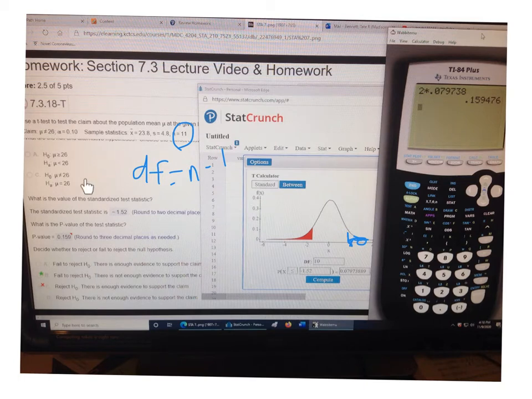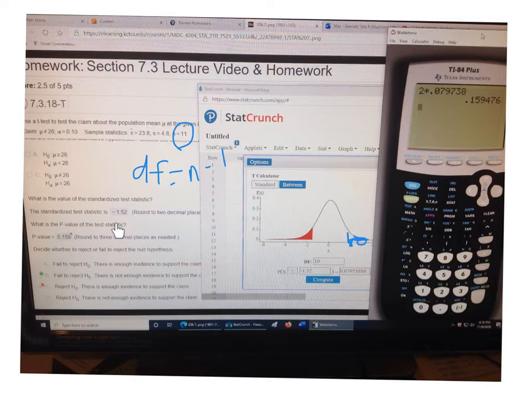Hello, I saw your question here on 7.3. Looks like you've correctly calculated the test statistic as negative 1.52, but perhaps you're wondering about the p-value. Down here, since you can see up here that the claim is a two-tailed test, so we'll be